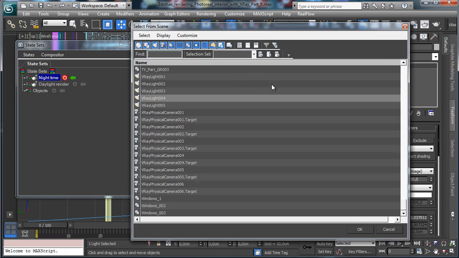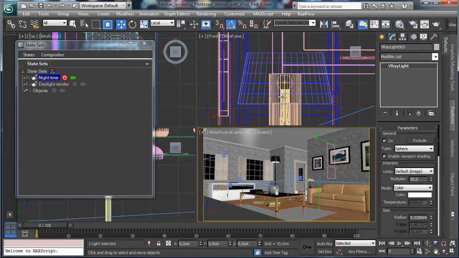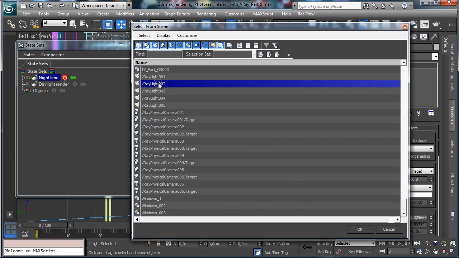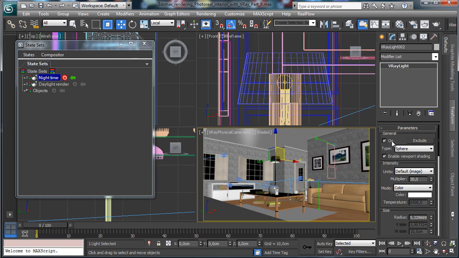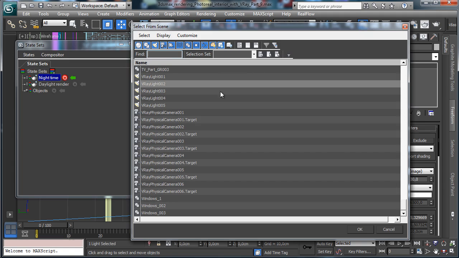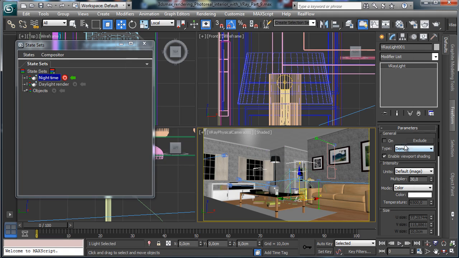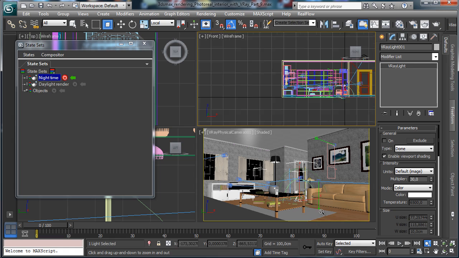This one is on. This one is on. This one is on. And this one is the light down actually. So this one is off, and I'd like to see